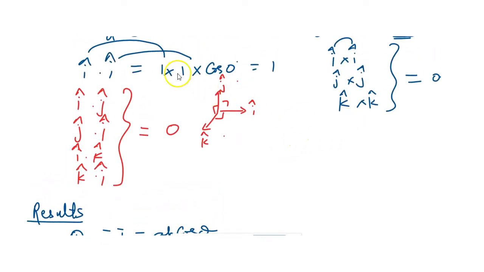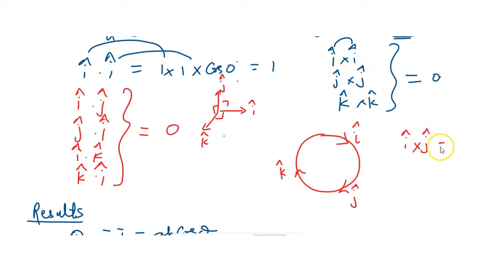Similarly, taking the cross product for the vectors which are at 90 degrees: if I want to get i cross j, i cross i is simple, the angle is known, but i cross j, if we want to find it, that will be k cap. We will use this flow, so we'll write them in alphabetical order in a prominent way. So i cross j, if we do, that will be k cap.